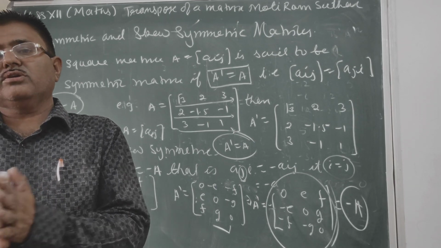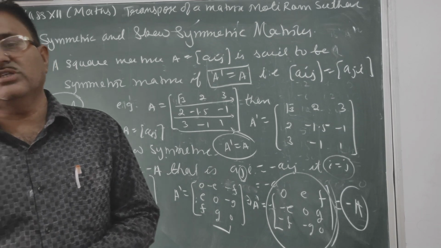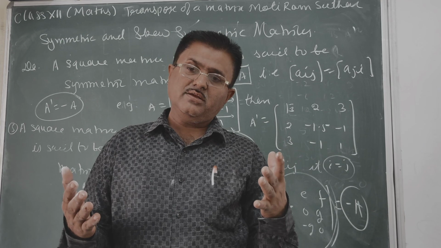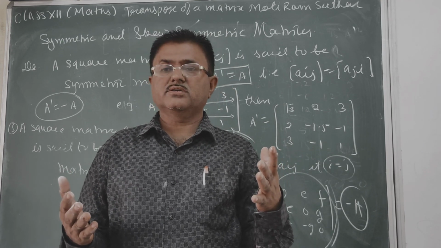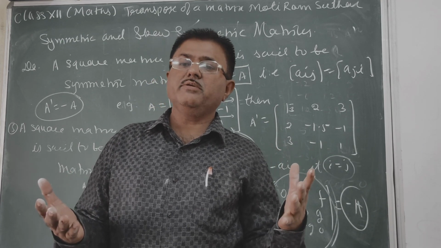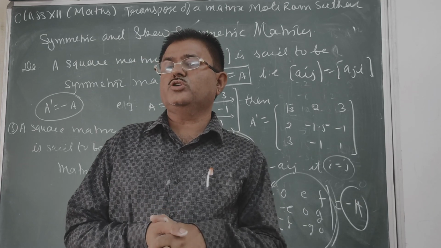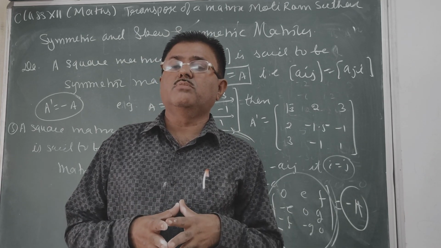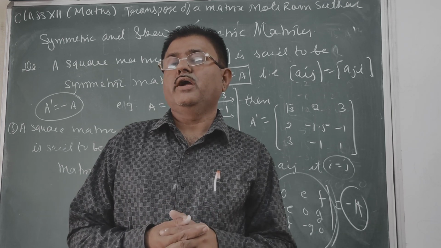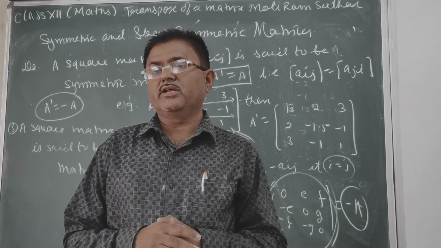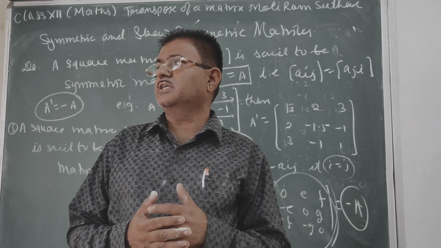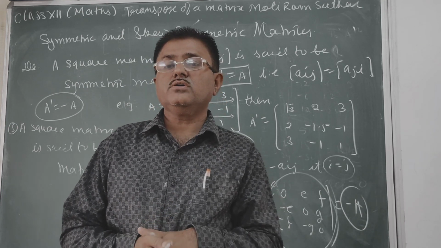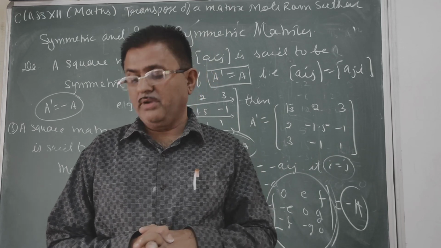तो सिमेट्रिक में तो क्या है, किसी मैट्रिक्स का आप लोग ट्रांसपोज निकालोगे तो वापस वही मैट्रिक्स आ गई, दैट इज नोन एज सिमेट्रिक मैट्रिक्स, करेक्ट। और स्क्यू सिमेट्रिक मैट्रिक्स, when you are finding the transpose of a matrix, then the transpose of the matrix is equal to minus of the matrix, the negative of the given matrix comes, then it is known as a skew symmetric matrix.